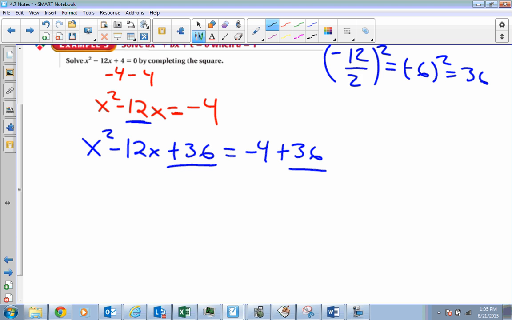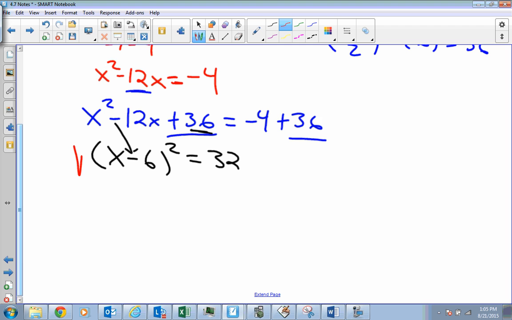Now that we've made a perfect square trinomial, we can factor this as (x - 6) squared, because the square root of 36 is 6, and there's a minus sign right in the middle. So you see the 36, and you see the minus sign. Basically it drops down right there. Equals 32. So now we have it like this. What do we do? We square root both sides. We have x minus 6 equals plus or minus